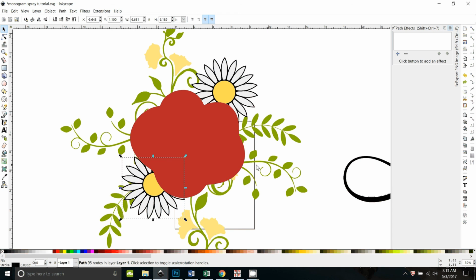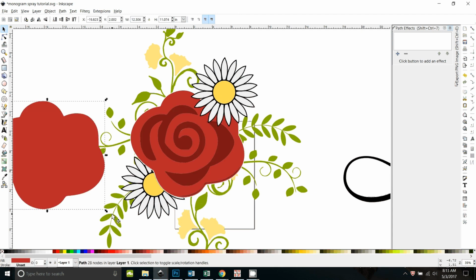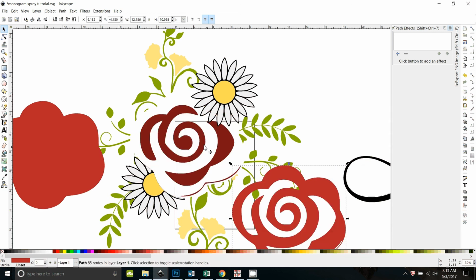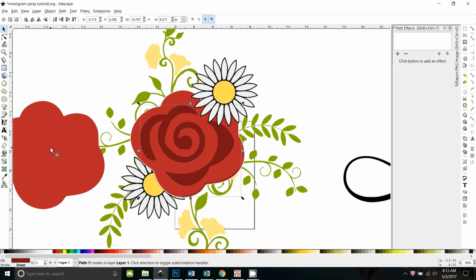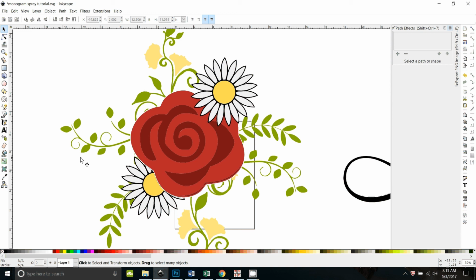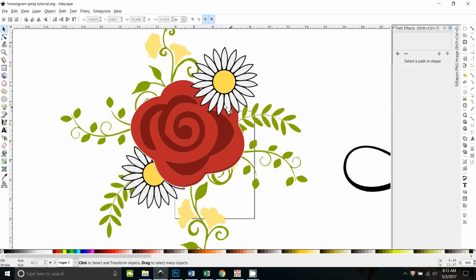Put it all back. And is that everything that's behind the rose? Let's check and see. Yes, it is. Okay, so we should be done with this outset. We can delete that. All right, so now we're going to have to knock out the parts of the rose